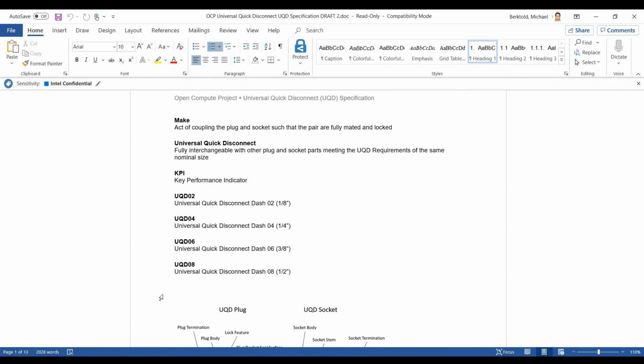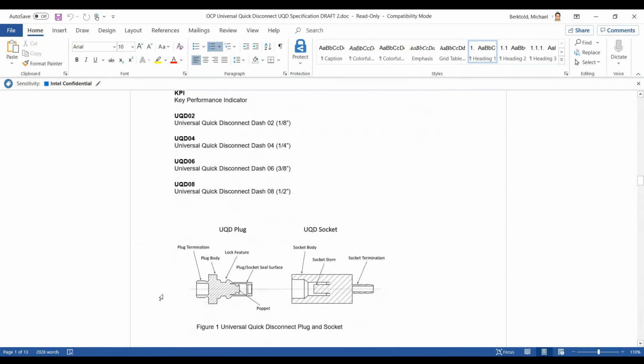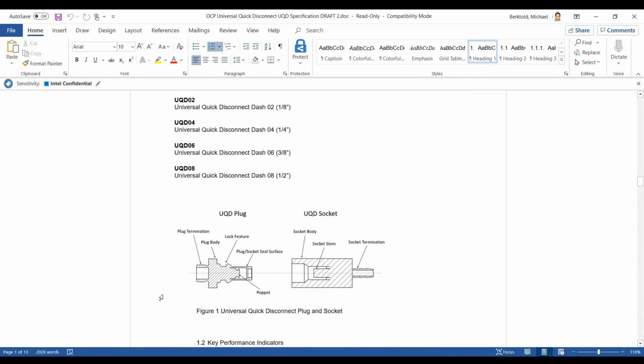KPI, key performance indicator, and then I define the UQD02, 04, 06, and 08, and they roughly correspond to 1/8 inch, 1/4 inch, 3/8, and half. The terminations that go along with those UQD04s, 02s, and such, a UQD02 could be connected to a 1/8 inch tubing, or it could be connected to a 1/4 inch tubing. So in terms of the sizings, they're a rough size equivalent to the 1/8 inch. It would be hard to tell on the connector or the valves themselves where the 1/8 inch comes from. But anyway,